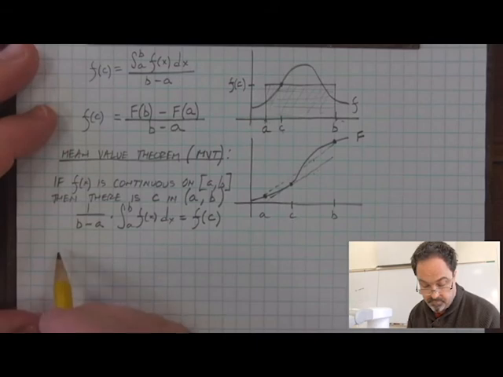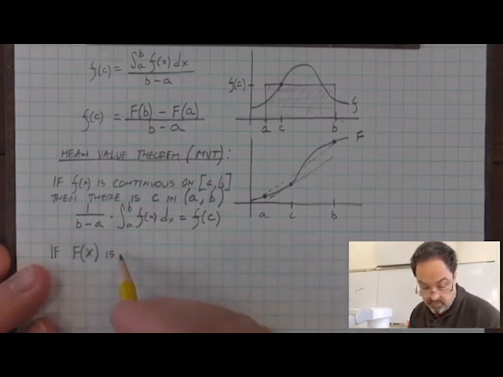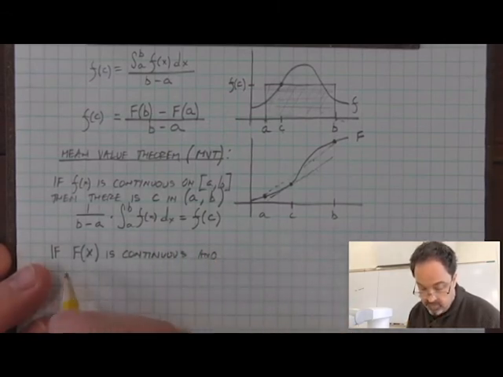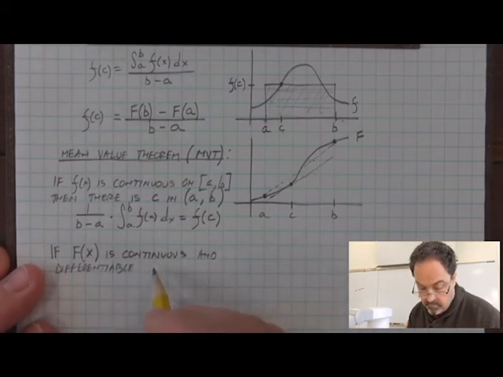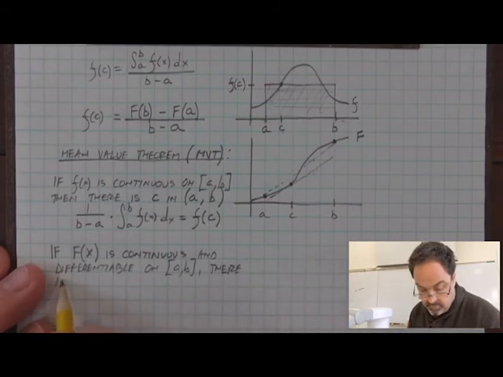The second presentation, the second part, is equivalent to the mean value theorem if you're working with an antiderivative of a function instead, and it is continuous and differentiable on a closed interval, then there is a place that we could say c within that interval, but not its endpoints, such that